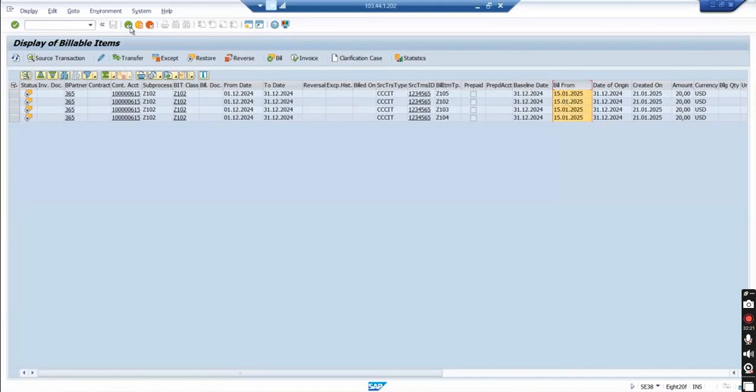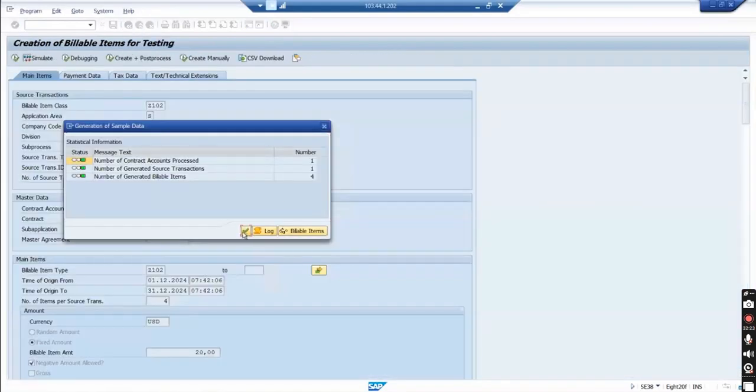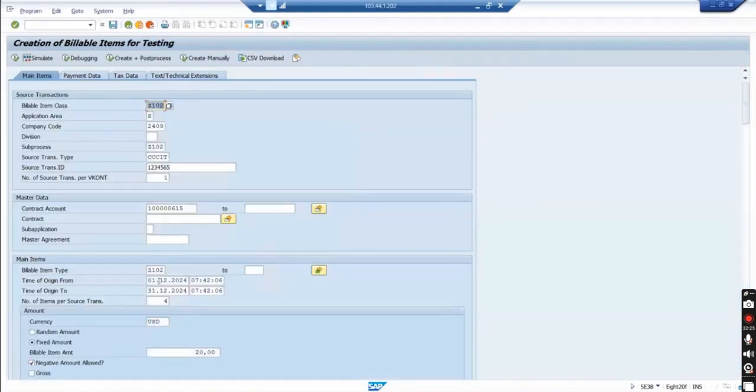On the contrary, if I generate another billable item, say from 10th of December to 10th of January,